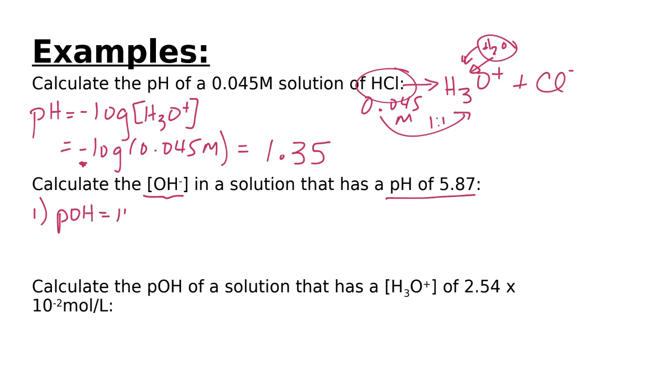We're going to take 14 and subtract off the pH value. So we take 14 minus 5.87, and we get 8.13 as our pOH value. And then we want to calculate the concentration of hydroxide ion. So that means we have to take 10 to the negative